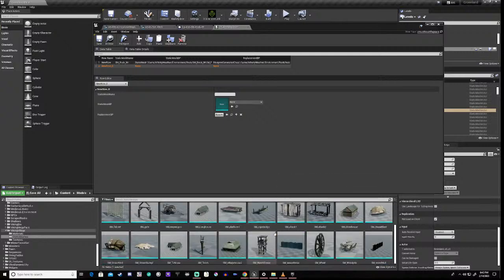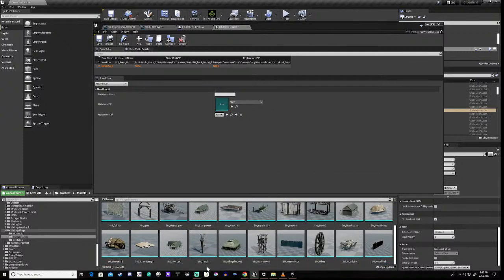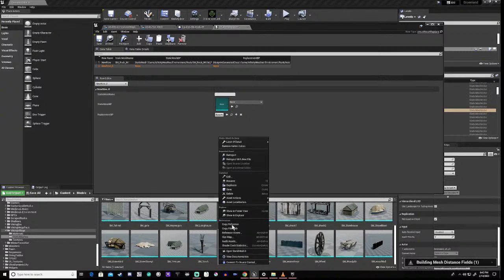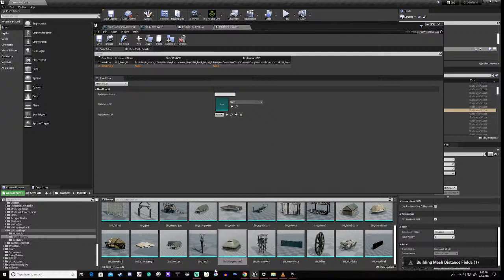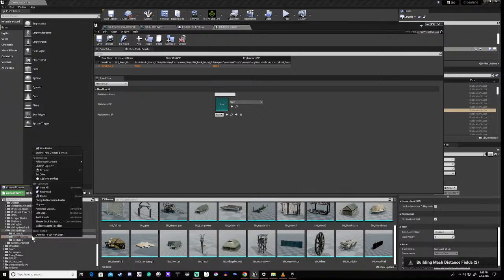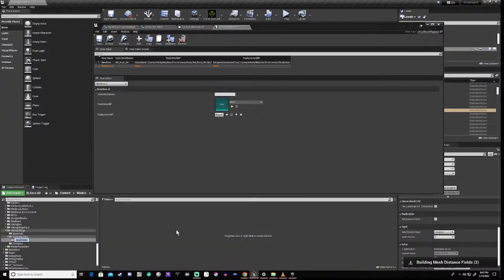But what we're going to do is create, damn it, static meshes, new folder, instanced meshes.